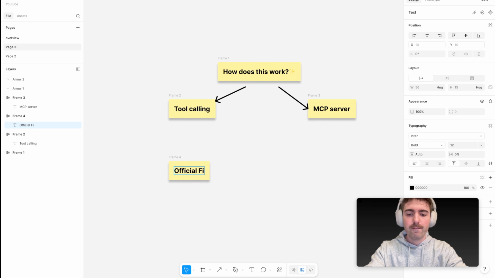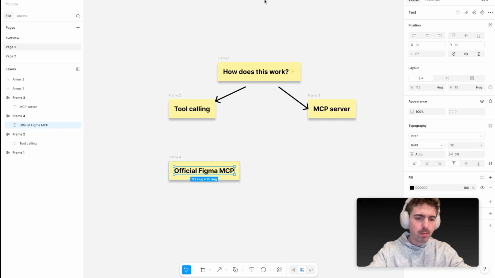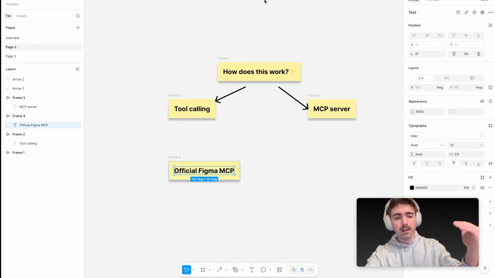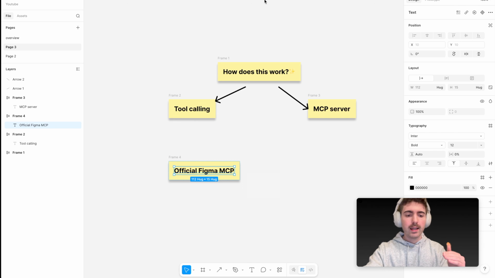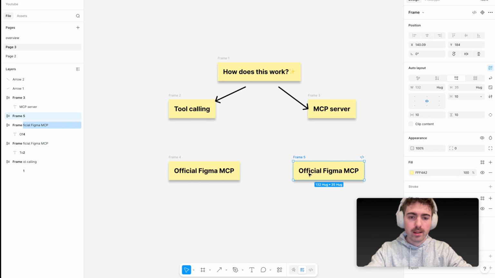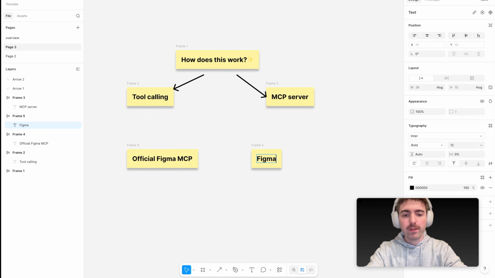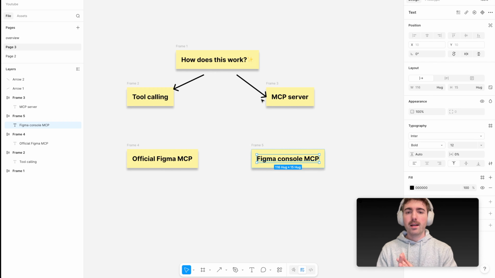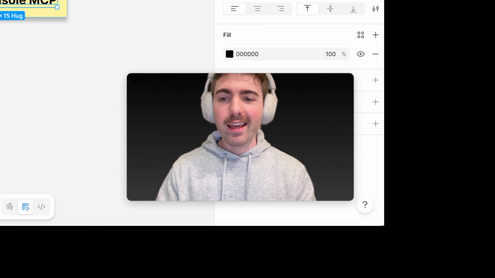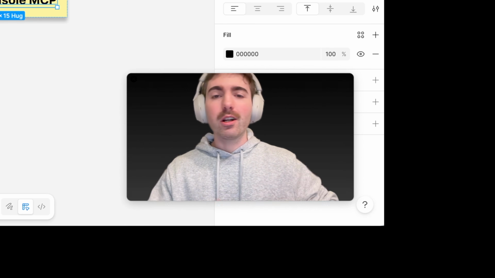We have the official Figma MCP server, which you can try, but the key problem here is it's unidirectional. So the LLM can only receive information from Figma and it cannot write it. And at least in my experience, when I have tried to use it, the outputs are quite noisy and not very helpful for the model to do much with. The other option that we have, and what we're gonna be using today, is Figma Console MCP, which as of today totally blows Figma's official tooling out of the water. And I think it's kind of the start of how we as designers are going to be working in the